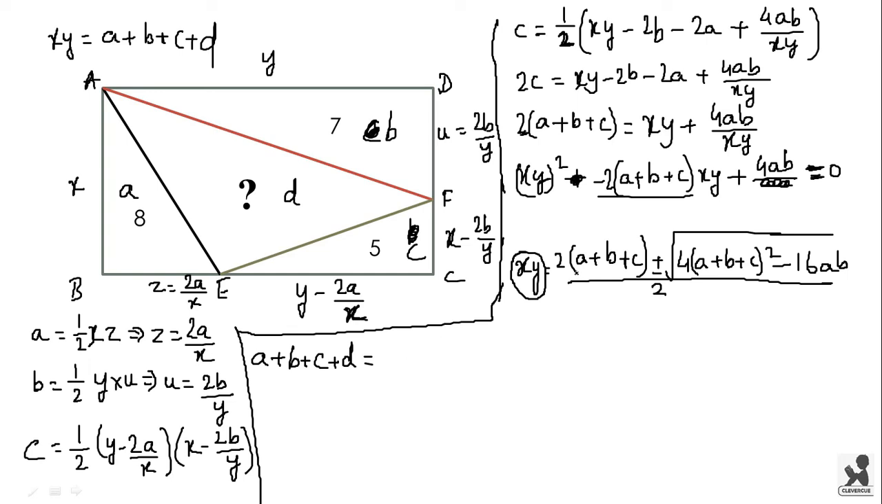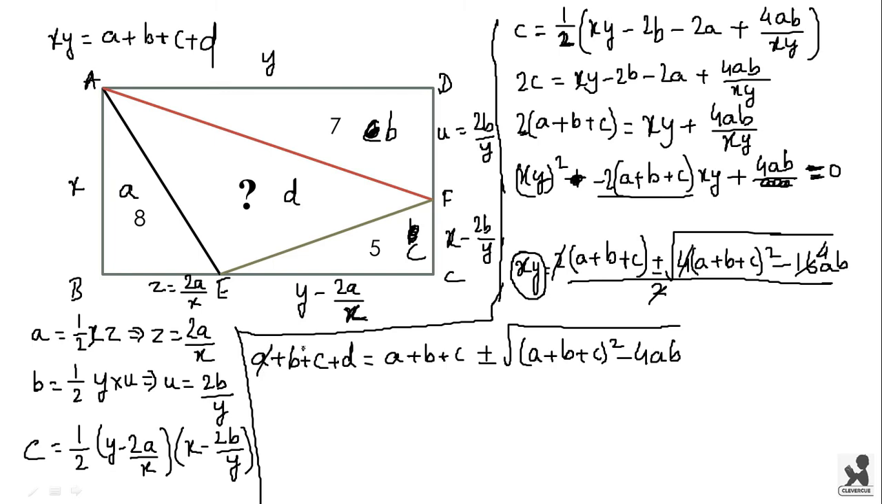A plus b plus c plus d is equal to, here we have cancelled out two terms, the term 2, here 4 goes, and here we are left with 4. So a plus b plus c plus d is equal to a plus b plus c plus or minus under root a plus b plus c whole square minus 4ab. Here a plus b plus c is equal to a plus b plus c, so all these terms get cancelled out, and now